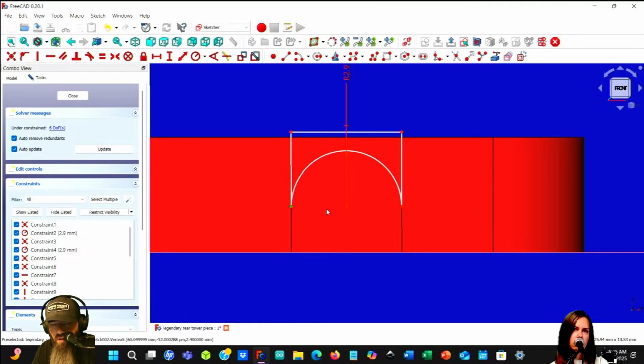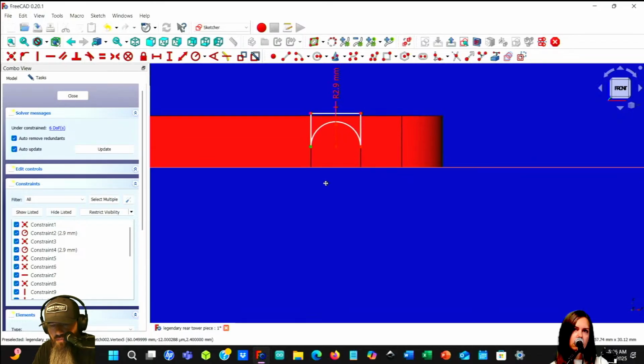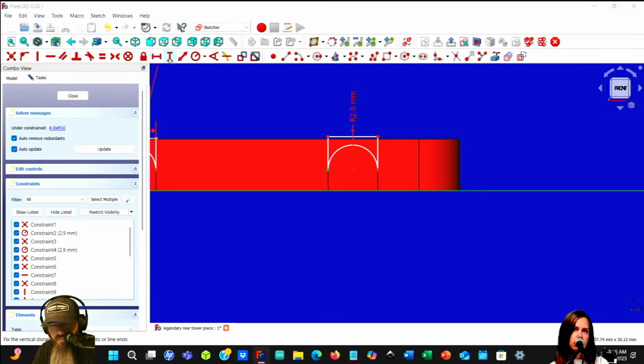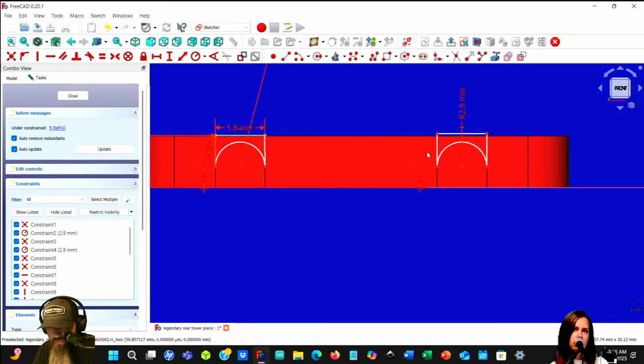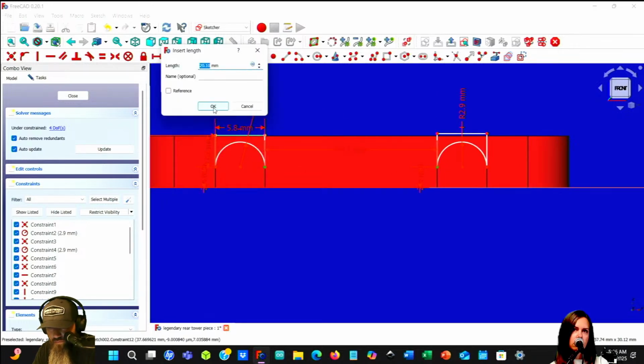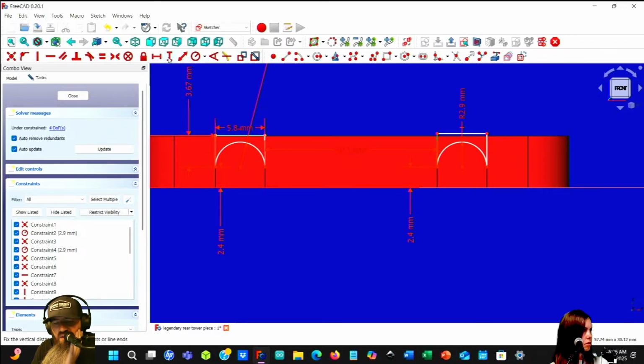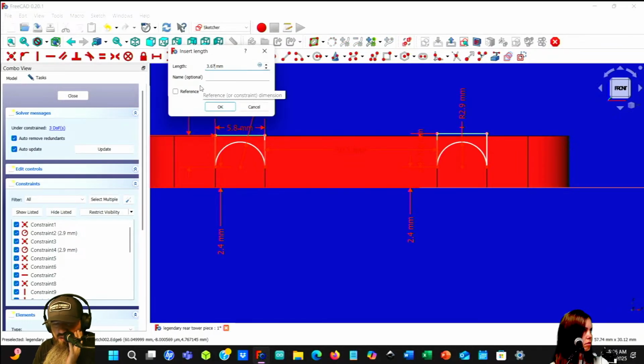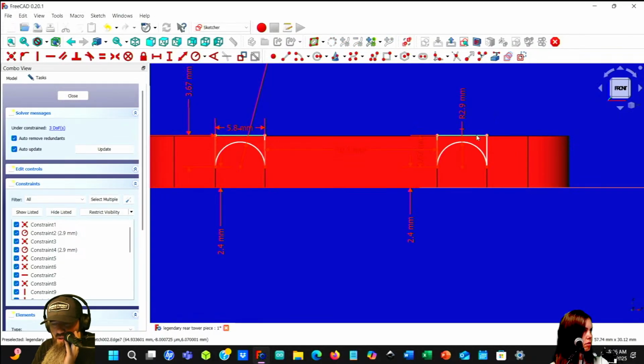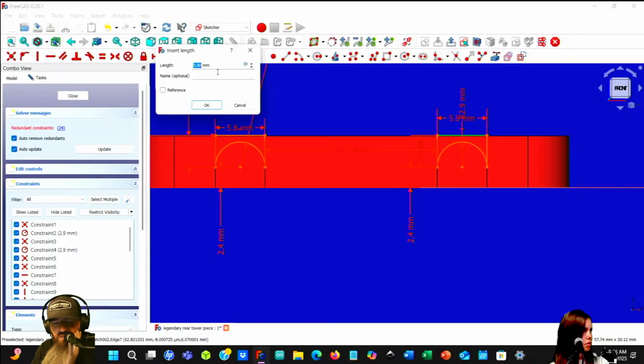And then this line 3.67, and then this one should be 5.8.